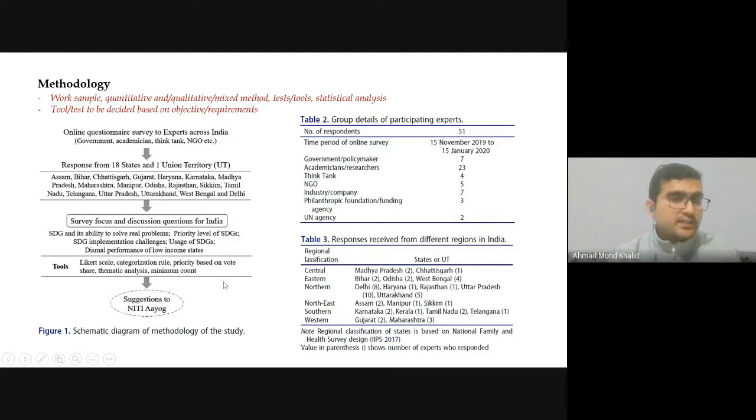Or say, these are not states, this might be some industry. For example, you may want to look at sustainability issues in, say, the IT sector. Someone may look at the manufacturing sector. Someone may look at socioeconomic issues and women empowerment issues in, say, the apparel sector. So that will be your target, your focus area. It need not always be a state or a region. It can be an industry.